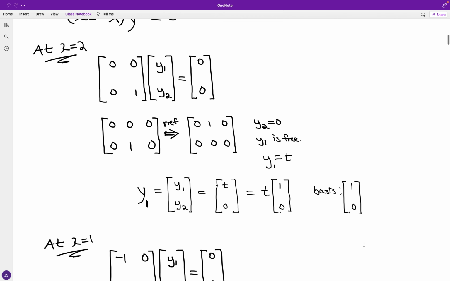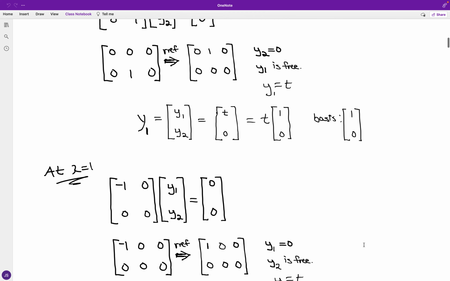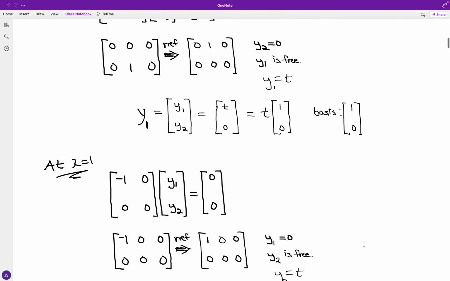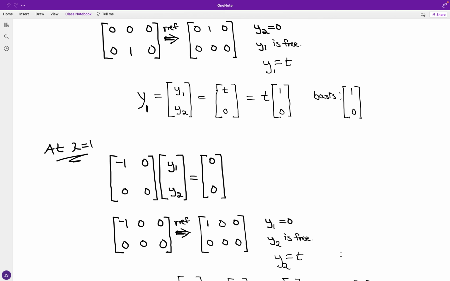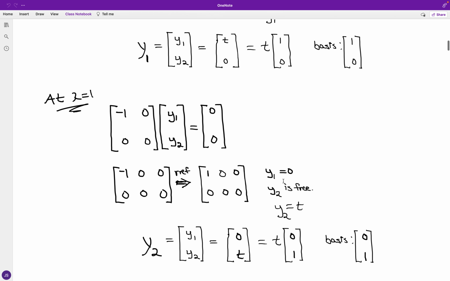And for the other eigenvector, if we let the eigenvalue be set equal to 1, for lambda I minus A we end up with negative 1, 0, 0, and then 0, 0, 0 on the bottom. The reduced row echelon form results from taking the opposite sign of the top row. With the 1, 0, 0 across, we have y sub 1 equal to 0, and this time it is y sub 2 that is free. Letting y sub 2 be equal to t,